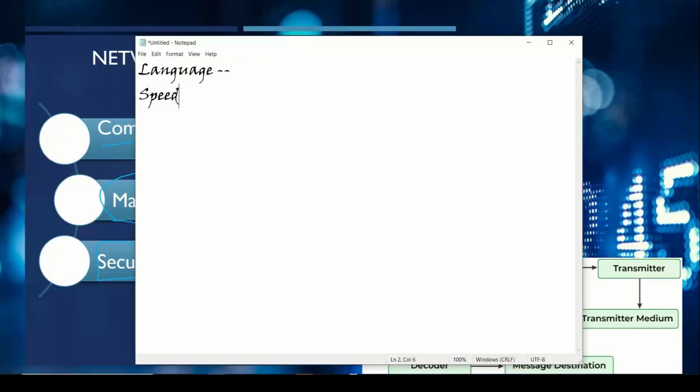So there is the speed, and also, if I'm continuously talking a lengthy sentence, will that be of any use? No, right? So there should be a kind of size. For example, if I'm talking a sentence with 100 words nonstop, it won't make sense, right? Or it will be very difficult to convey that information to the other side.